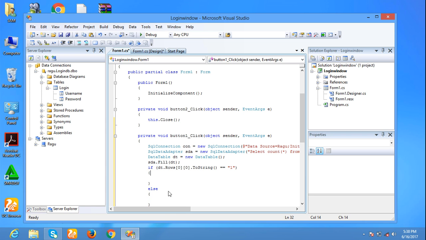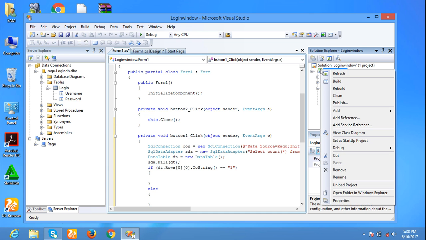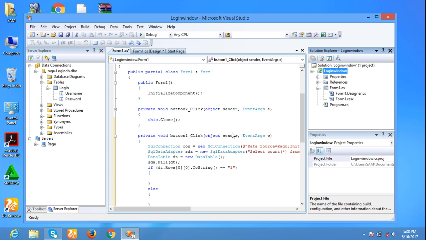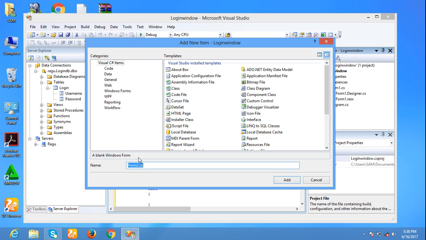So I need one more form, a Windows Form named Main.